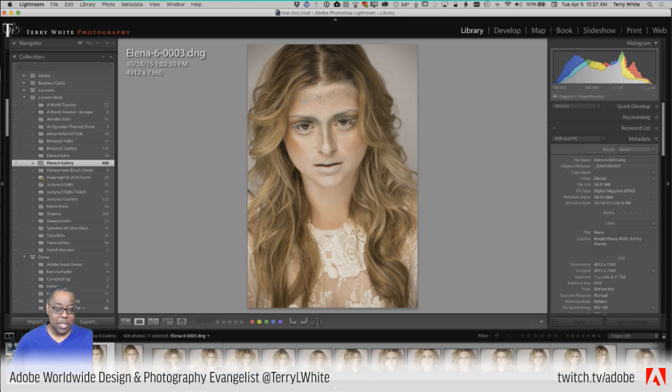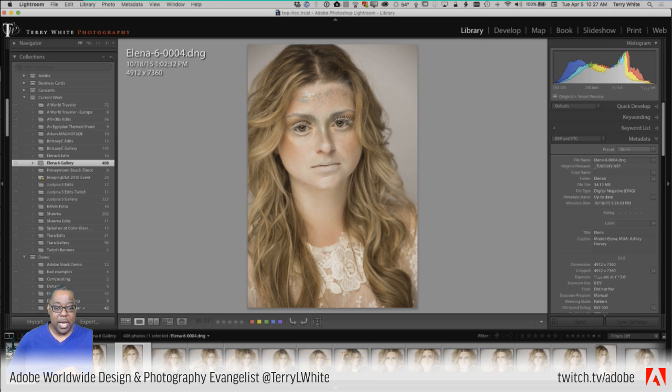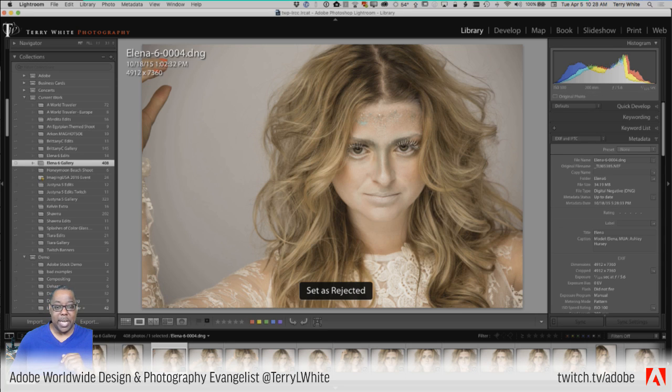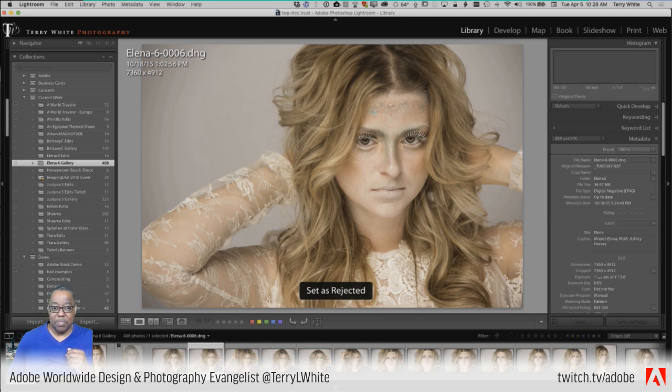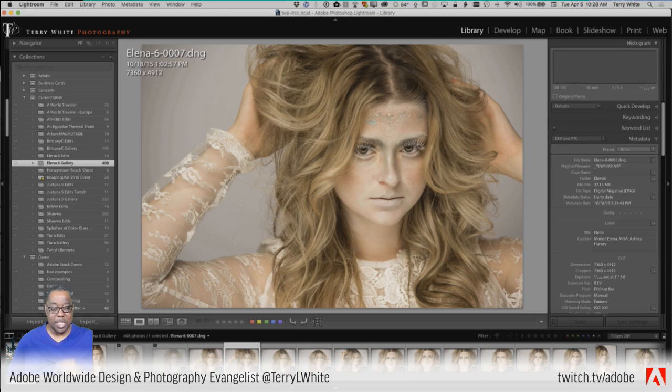So for example, let's say I skip this one, and let's say I don't like this one, so I hit X for reject. As soon as I hit X, it jumped to the next photo. I don't like this one either because her hand is not completely in the frame and it's not far enough out of the frame, so let's mark that one as a reject. See what that's doing is I'm hitting one key and it's quickly going to the next photo. And I could say, whatever, this is nothing, it's not a pick, reject, or flag. I'm just going to go to the next one.